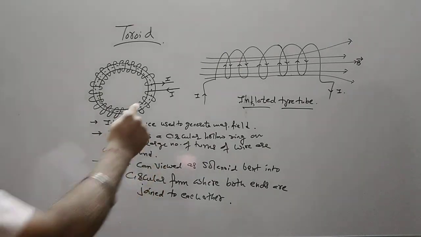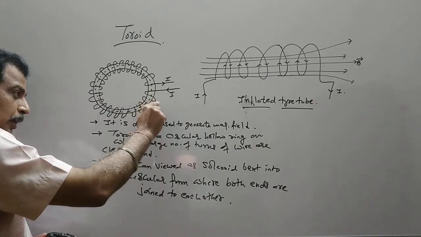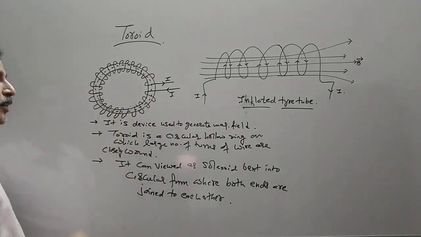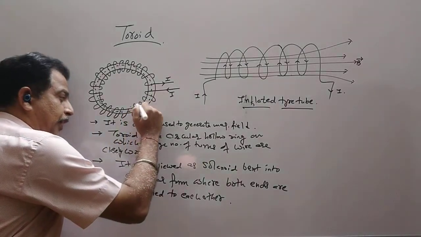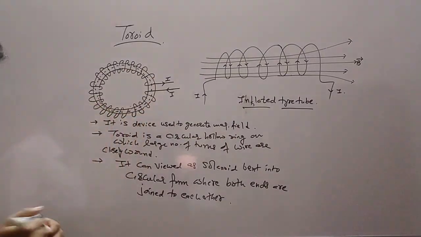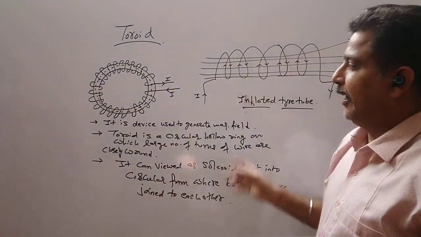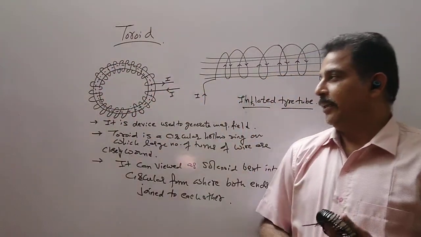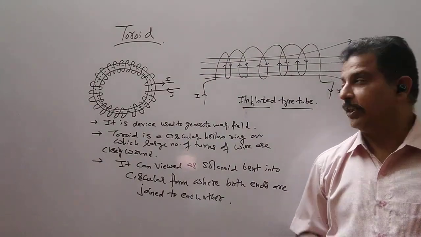Clearly, you see this current is going in, it is coming out, again going in, coming out, like this current flows in these turns. And we know that if there are circular rings kept concentric to each other, they will produce a magnetic field. So here the direction of the magnetic field is shown by the dotted line. We will see how to find out the magnitude as well as the direction of this magnetic field